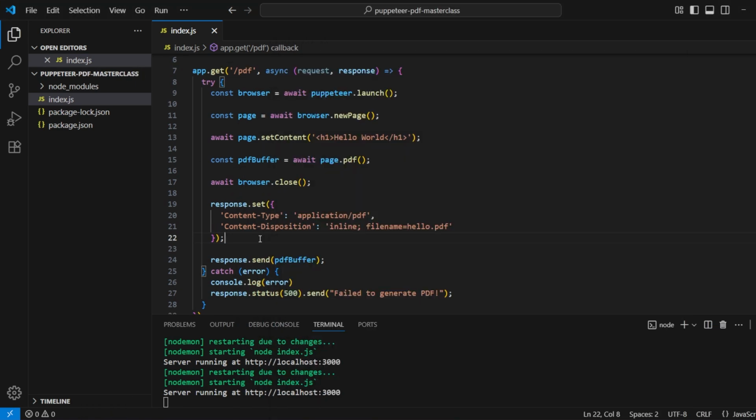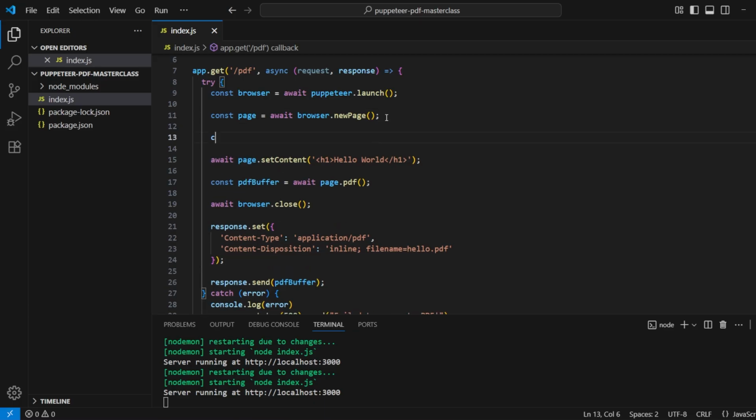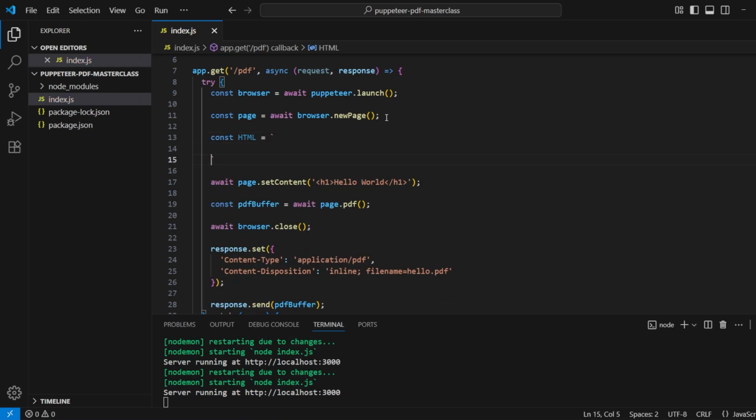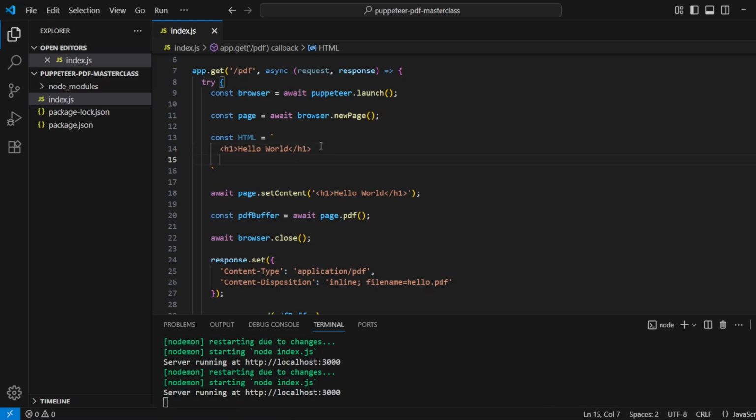Okay, let's go a bit further and add some more content to our page to render. I'm gonna create a new variable called html, and inside that I'm gonna add some HTML content. Let's just grab this h1 tag here and add a paragraph. This is a picture of a cute cat,